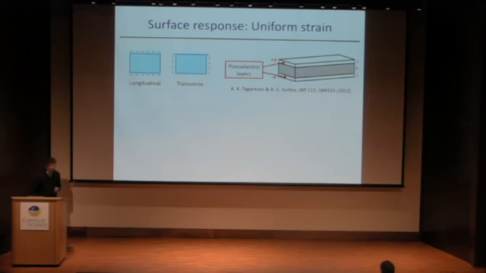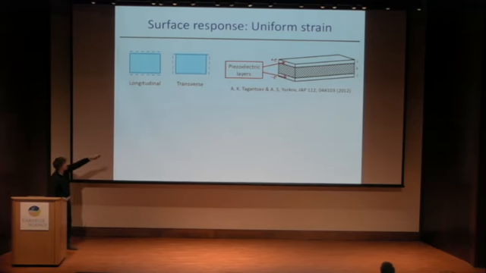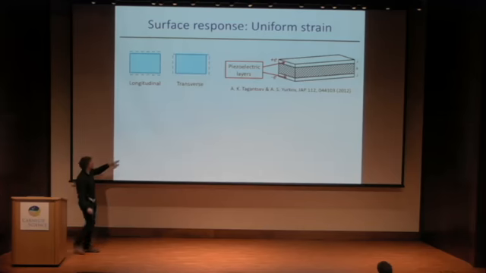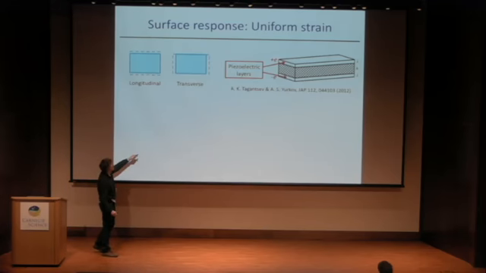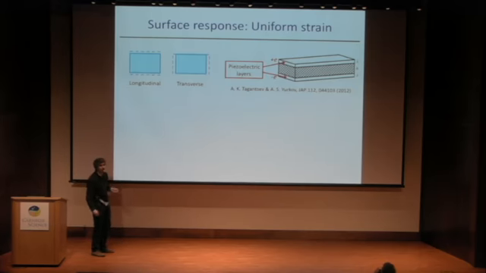For this, I like this model by Tagantsev and Yurkov, where they consider a sandwich of a material that is inert in the middle and has two piezoelectric layers stuck on top and at the bottom in such a way that the system is centrosymmetric. So the piezoelectric coefficient at the top is opposite to the one at the bottom. Why is this model useful?